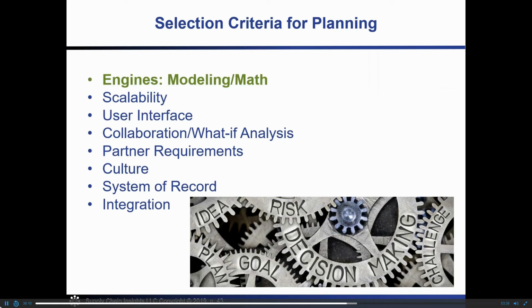So start with modeling and math. And the last thing to consider is integration. Now, most companies have made a mistake by focusing on integration first. How long does it take to run tests with the vendors? 4 to 6 weeks. The most time is getting the data. So getting the data is probably the biggest pole in the tent, so to speak.